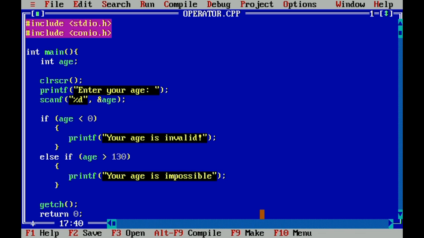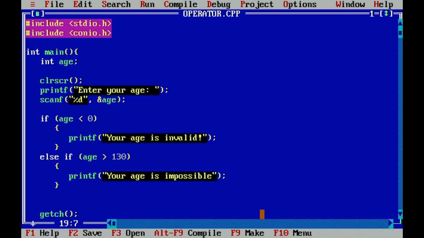I do not believe that we have people who are of age 130 nowadays, so for example purposes, we say your age is impossible. Okay.